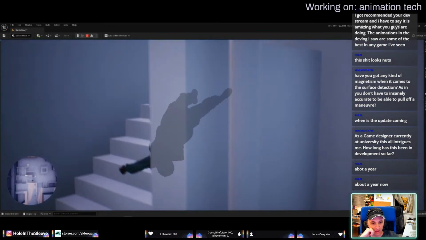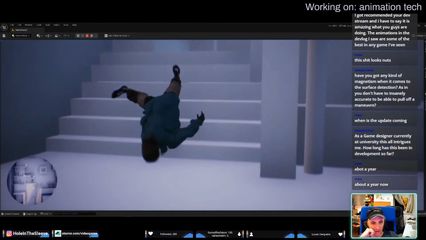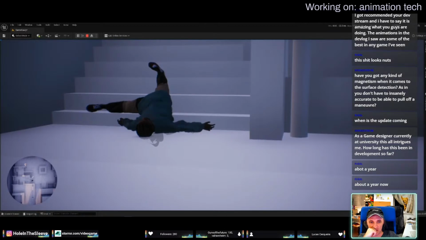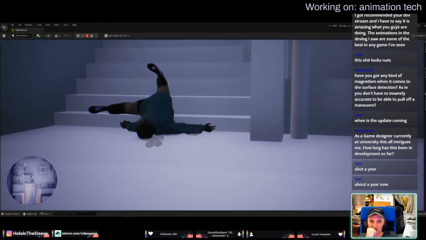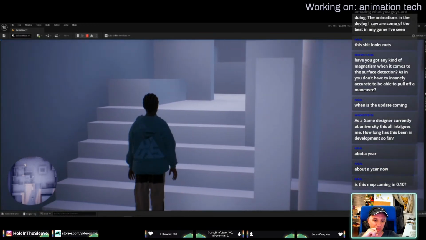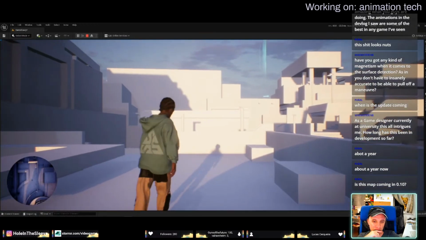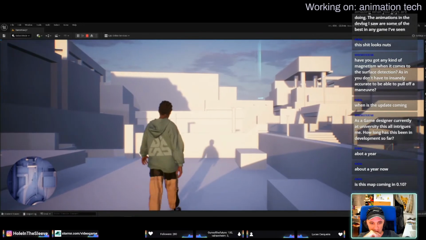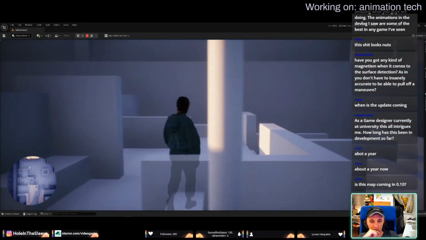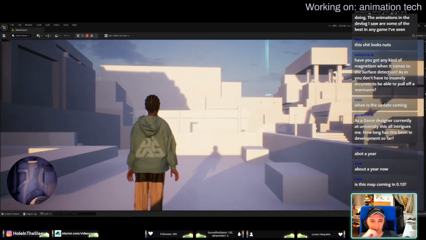You fixed the slow-mo bug. I don't know. Kind of. Did they fix this bug? I don't think so. I mean, he's still jiggling, but you used to be able to get him to fly around the map. Couldn't you? You probably still can. It's probably because it's ragdolling. Yeah. Well, no, that was the bug. If he was in ragdoll and you spammed slow-mo, it'd start flying around the map. Right. Yeah.